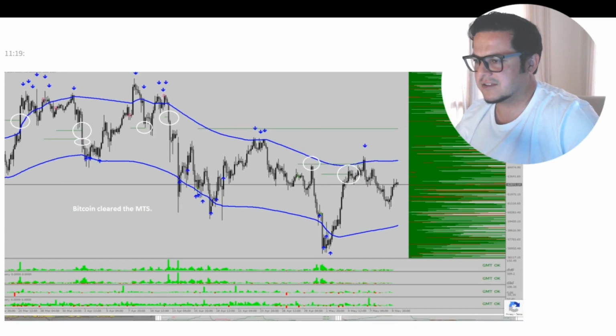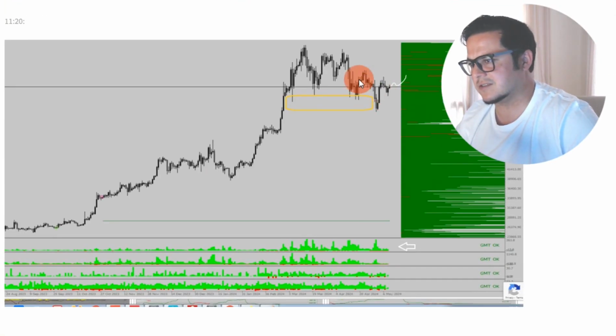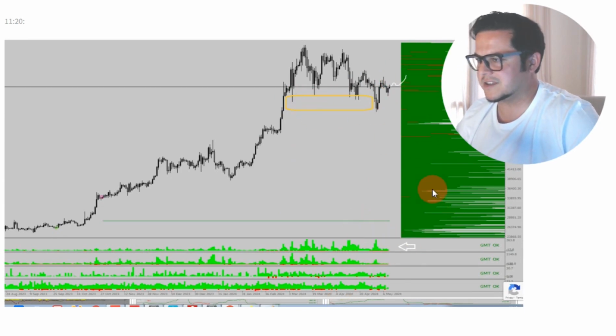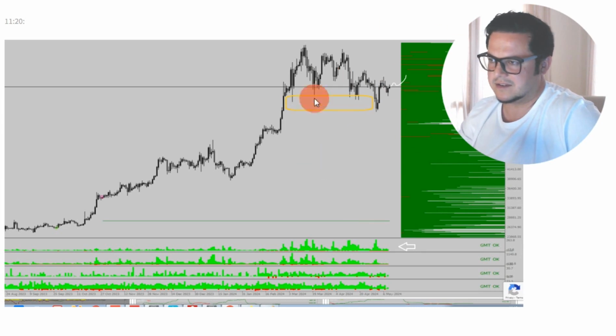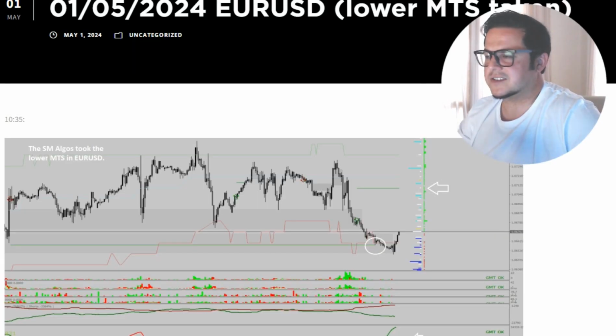So they took the lower targets, they took the lows. The longies don't seem to be too keen to enter right now. So it can come back up from here if no more longies come in, but that remains to be seen. So again, looks long-term bullish. Okay, so you see that was quite good.